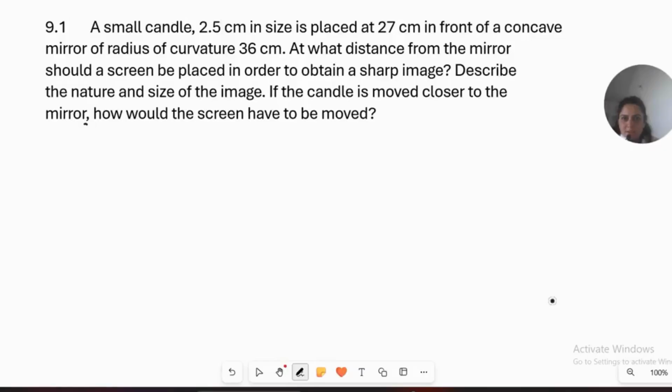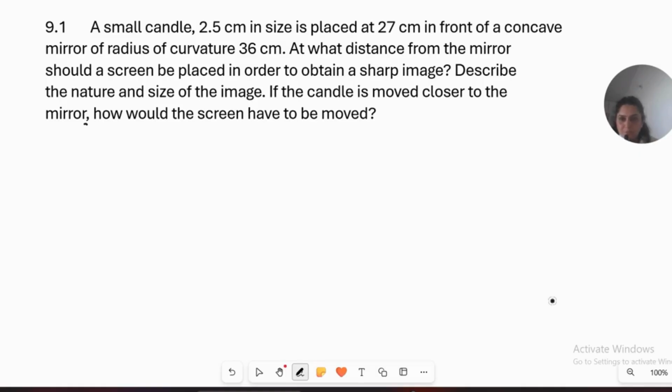An object 0.5 centimeter in size is placed 27 centimeter in front of a concave mirror of radius of curvature 36 centimeter. At what distance from the mirror should a screen be placed in order to obtain a sharp image? Describe the nature and size of the image. And the third question is, if the candle is moved closer to the mirror, how would the screen have to